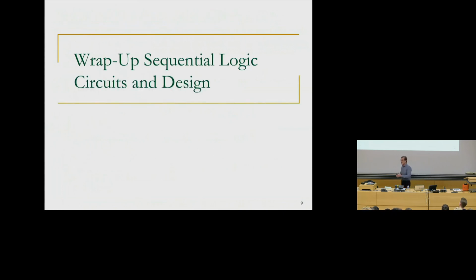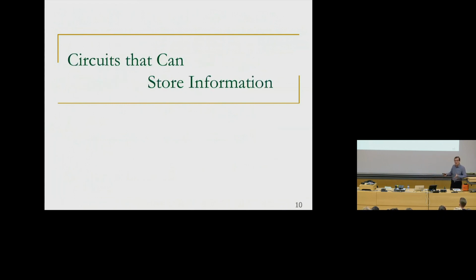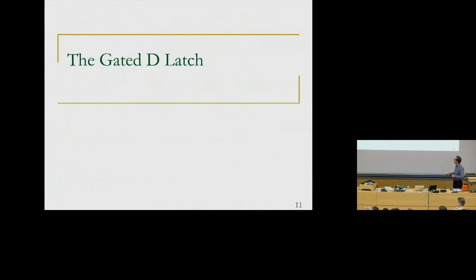Okay, this is what we're going to do. We're going to wrap up the sequential logic circuits and design. I'm going to go through a lot of things quickly just to jog your memory, because we've covered everything that I'm going to go through until the point that I'm going to go a little bit more slowly. So basically, sequential logic requires circuits that can store information, and we've seen different kinds of circuits. We start with the cross-coupled inverter, and we talked about it needs control, and then we went into different kinds of latches. We introduced the gated D latch, which is good to control,